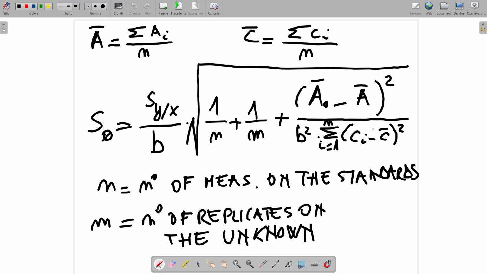You want a big sum. What are the elements of this sum? They are C1 minus C average squared plus C2 minus C average squared and so on. So this sum is high, it is big,